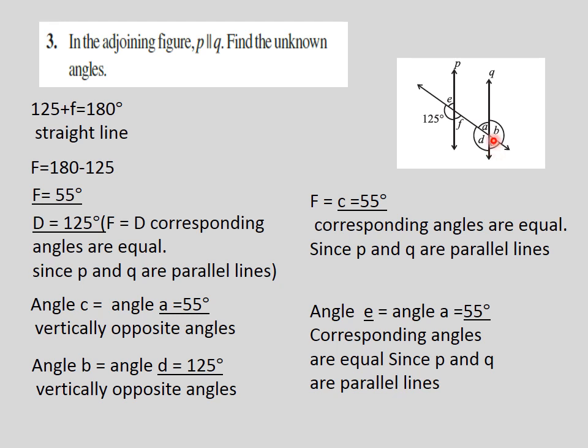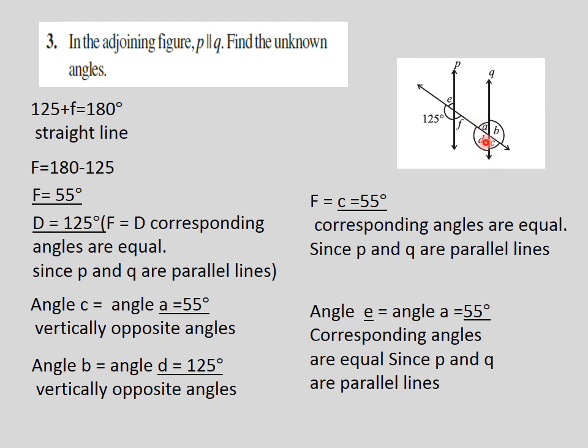And because F is equal to C is equal to 55 degrees, A is equal to, alternate interior angles are equal. Alternate interior angles. A is equal to vertically opposite angles. In other words, you can say because there is only one line here and A and C are the angles made by only one line intersected by Q. So, vertically opposite angles are equal. So, A and C are equal. Angle C is already 55 degrees because F is 55 degrees. So, angle C is 55, therefore, angle A is equal to 55.